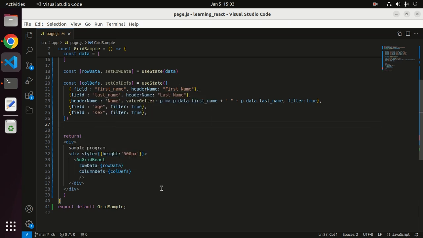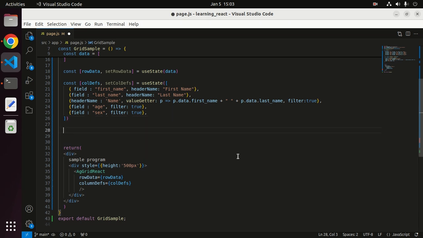Now we are checking, currently we have applied the filters separately for each column. There is another option where we can set the filter and common settings in a variable and apply it to the grid. I will show you now. We need to define a constant defaultColDef equal to, we are using useMemo here, useMemo,